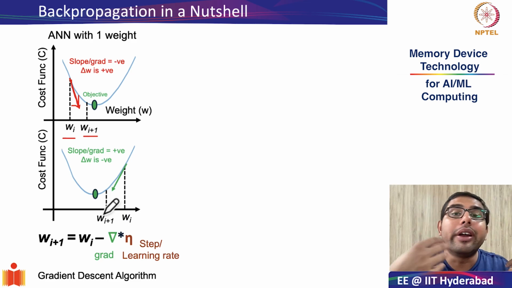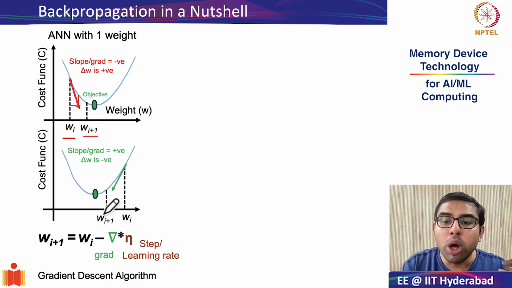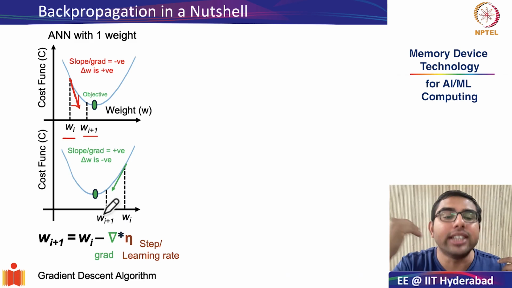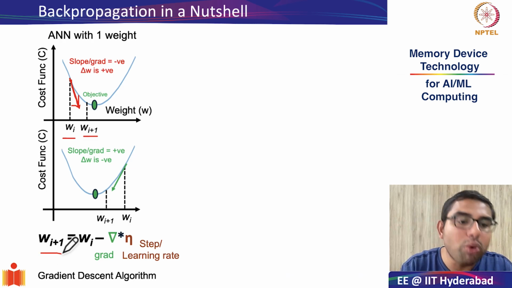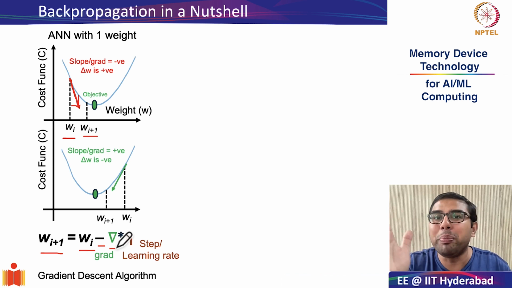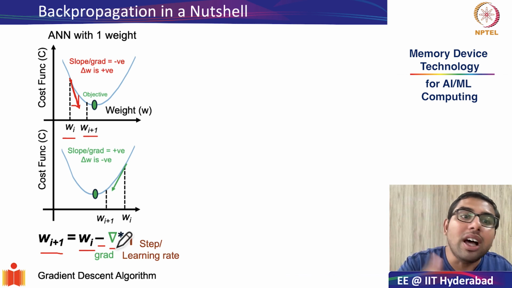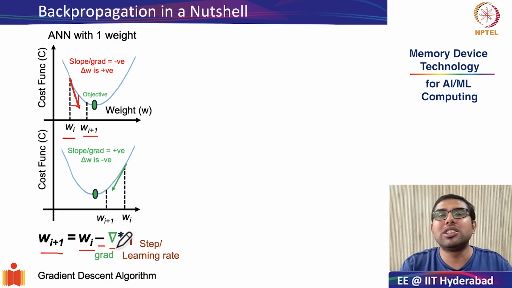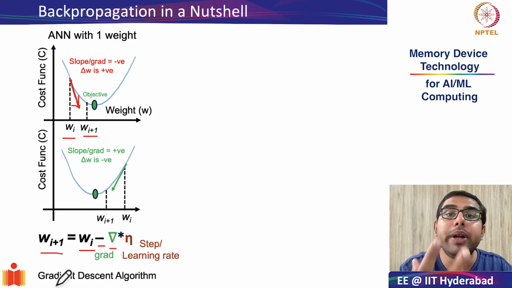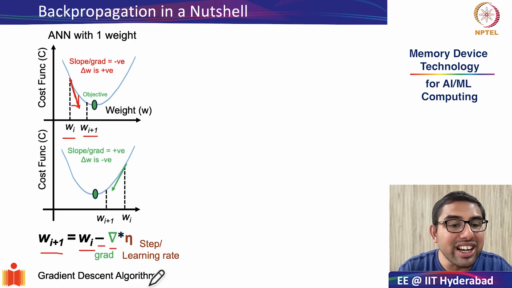This is because the gradient of any function tells you the steepest direction of increase, but we want to minimize. So we need to look at the steepest direction of decrease. And that is why the updated weight is equal to the original weight minus the gradient. Because it is in the opposite direction of the gradient, because the gradient points to maximum slope, maximum change, you want to go towards the local minima. That is why, because it is opposite to the gradient, this algorithm of finding the updated weight is also called the gradient descent algorithm.